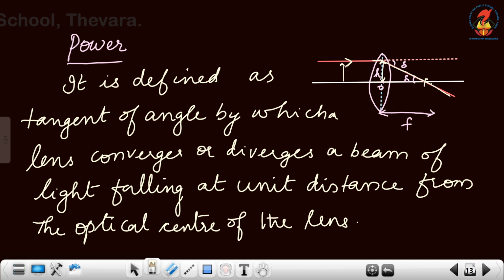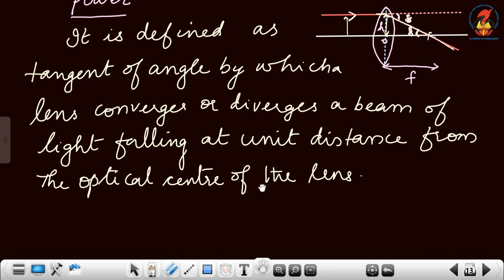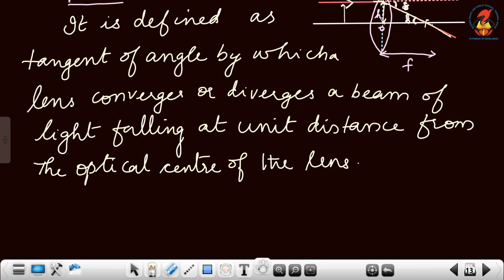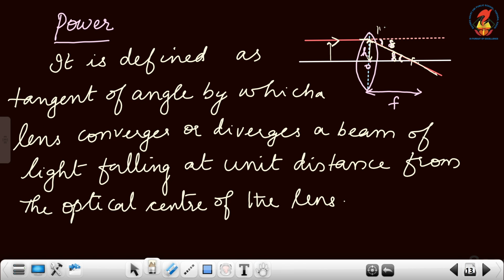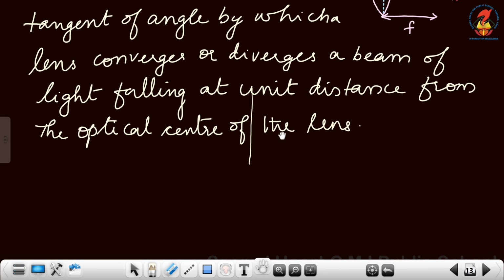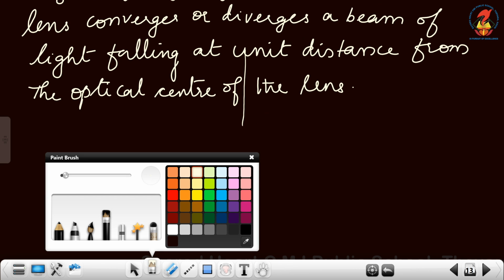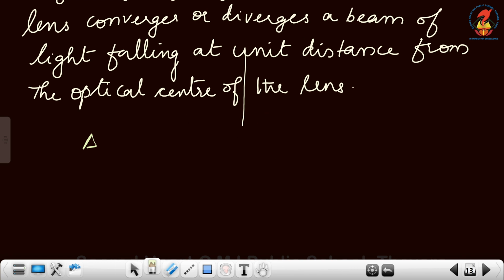This angle is delta and this angle is also delta. We call this point M and this point capital F. Then from the triangle